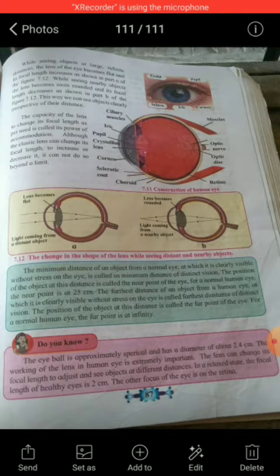There is a dark fleshy screen behind the cornea. This is called the iris. You can see it in the diagram. Behind the cornea there is an iris. The color of the iris is different for different people, and there is a small hole of changing diameter at the center of the iris, which is called the pupil. At the center of the iris there is a pupil. It is a small hole and it can change its diameter. The pupil controls the amount of light entering the eye.